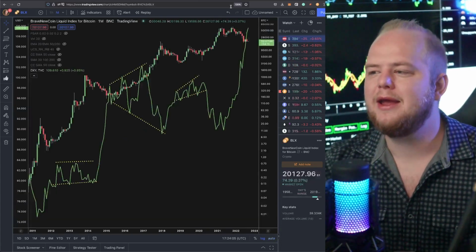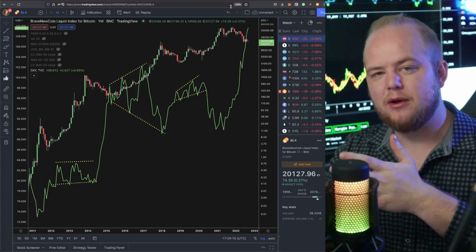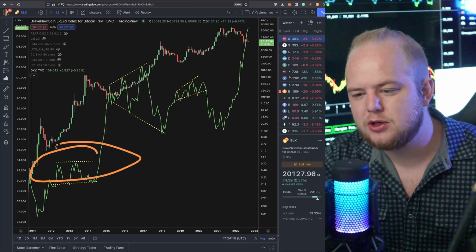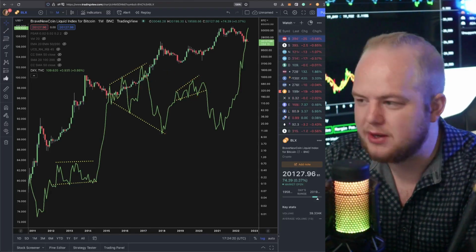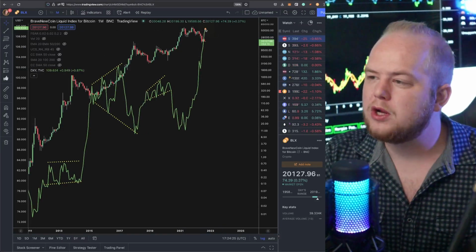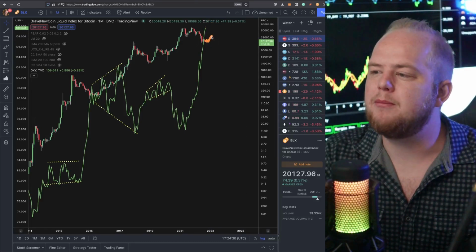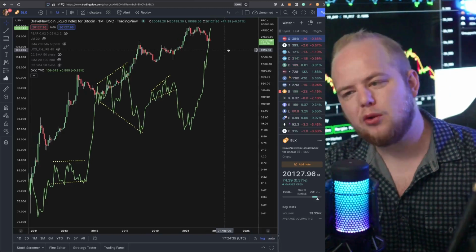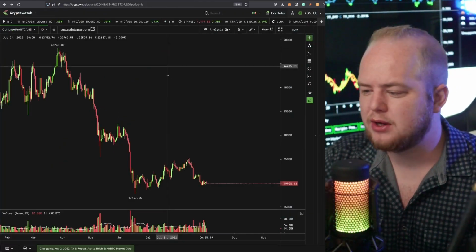But the important thing is Bitcoin's relation to the US dollar index and the behavior that takes place during Bitcoin bottoms is simply choppy sideways on the US dollar index. Choppy sideways, guys. And if you look right now, we're going straight up. So once we find a top and we start getting choppy sideways, I think Bitcoin at that point would then bottom out and look to recover slowly. Slow recovery is usually the name of the game here. I don't think we're going to get any sort of instant recovery.